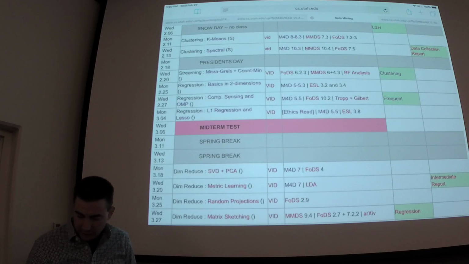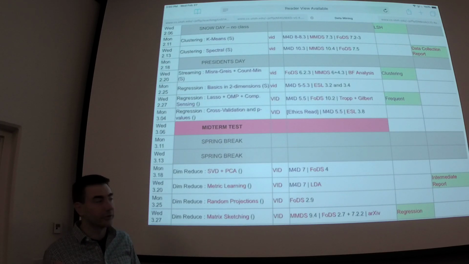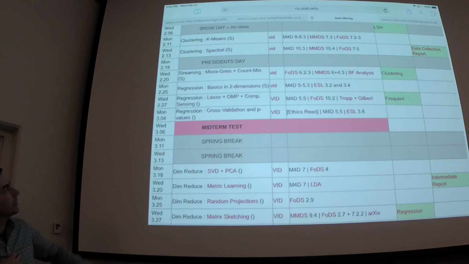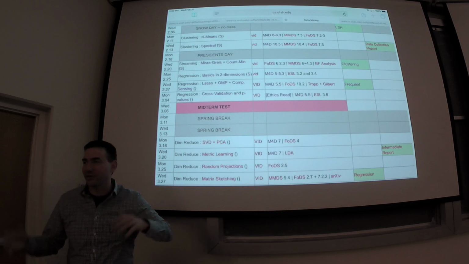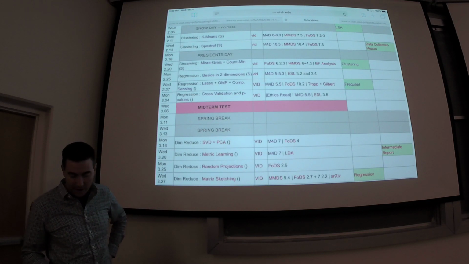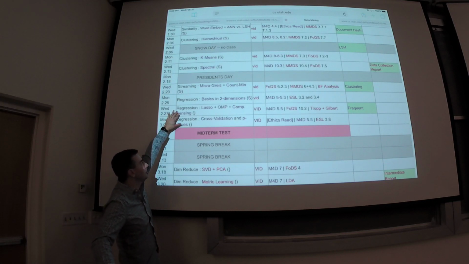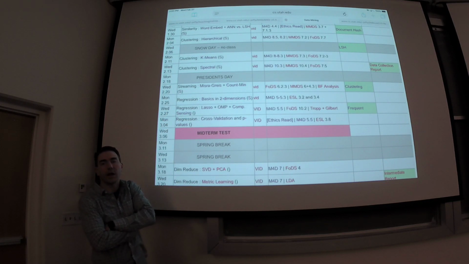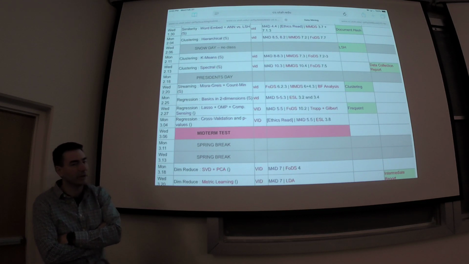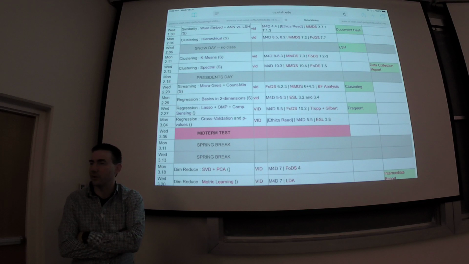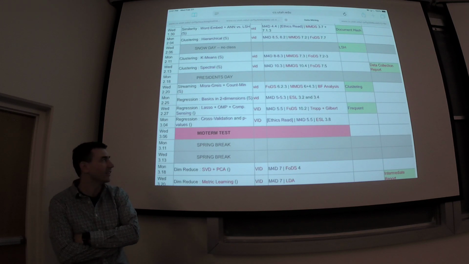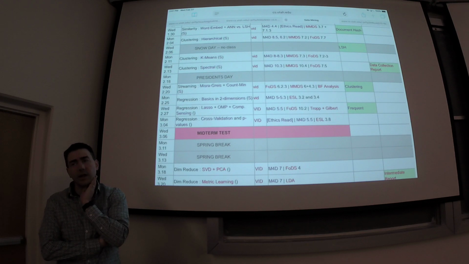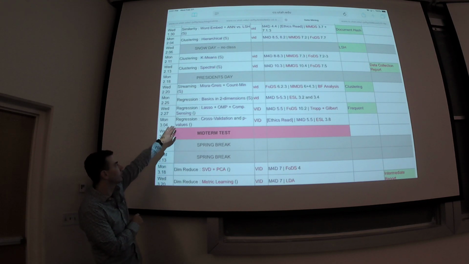So I've changed the schedule a small amount. Just today I decided to switch around a couple of the lectures. So right now on regression, I'm going to try and cover all the stuff associated with Lasso, orthogonal matching pursuit, and compressed sensing today. I had this split over two lectures, so if we go too slowly, or you think I went too fast, we can review some of it next week,